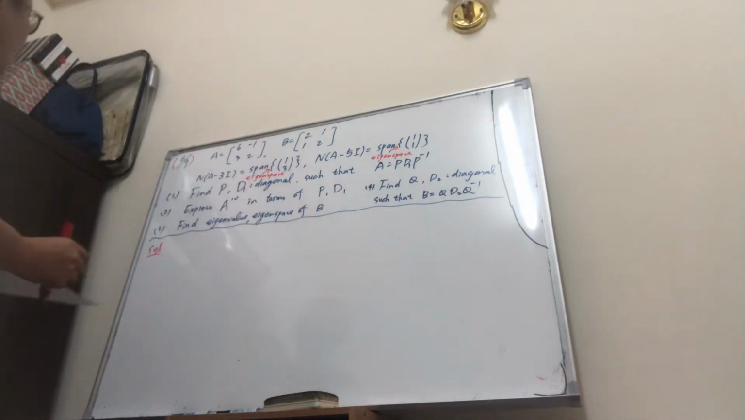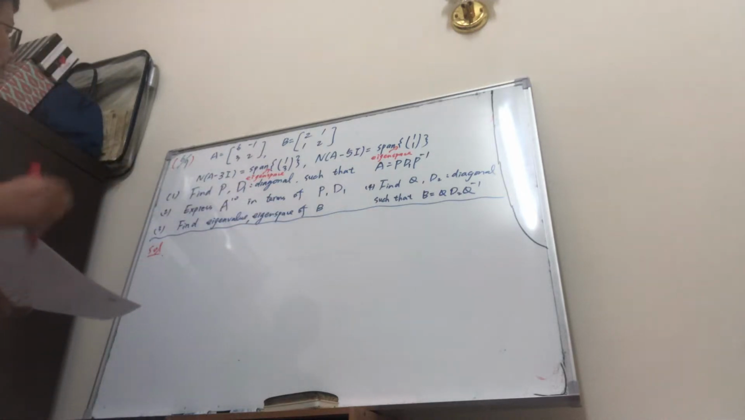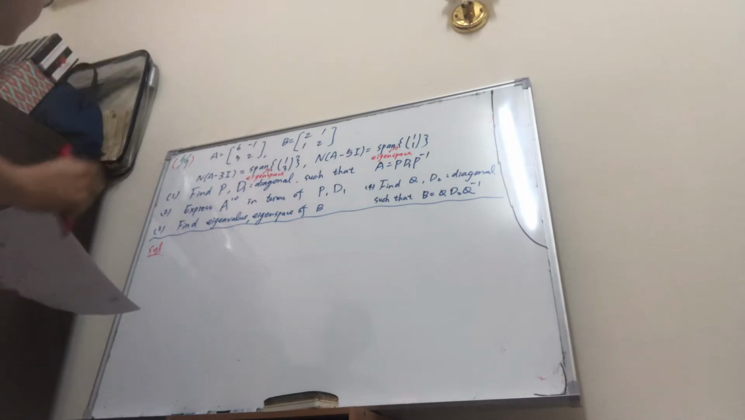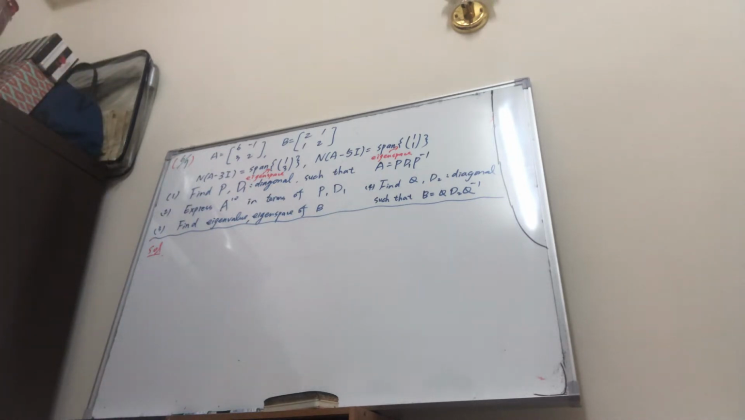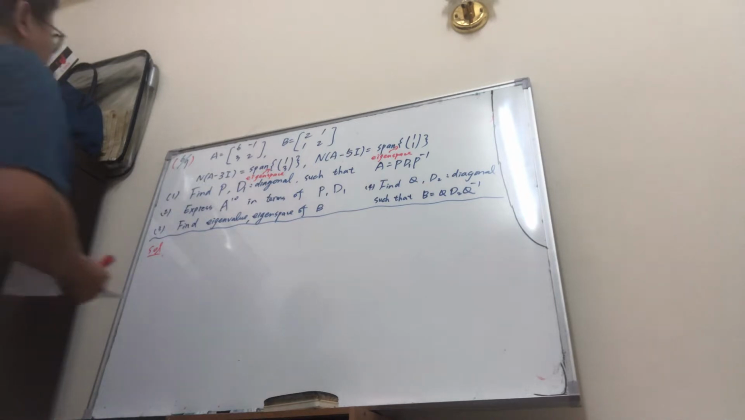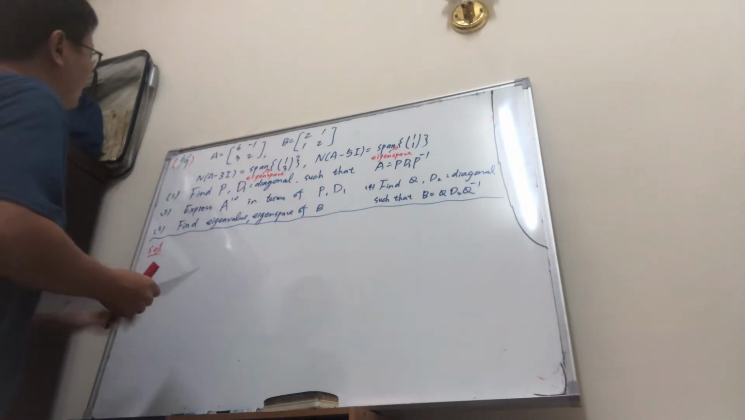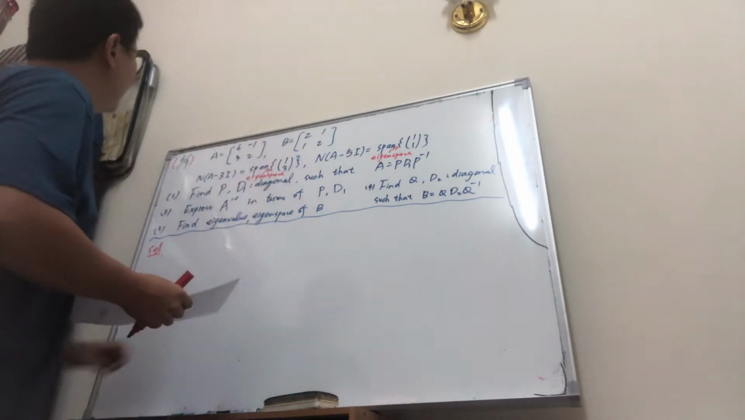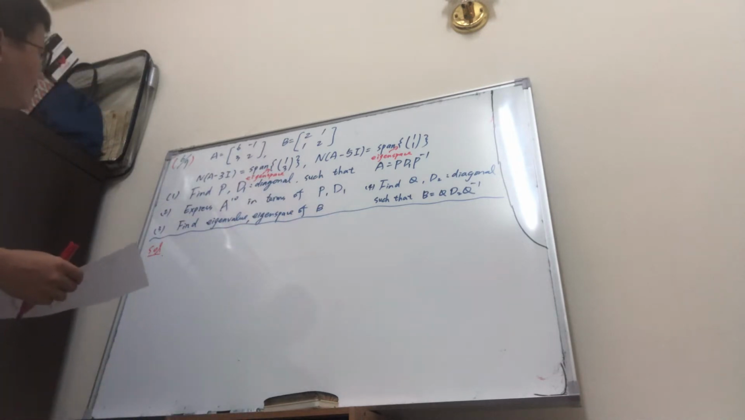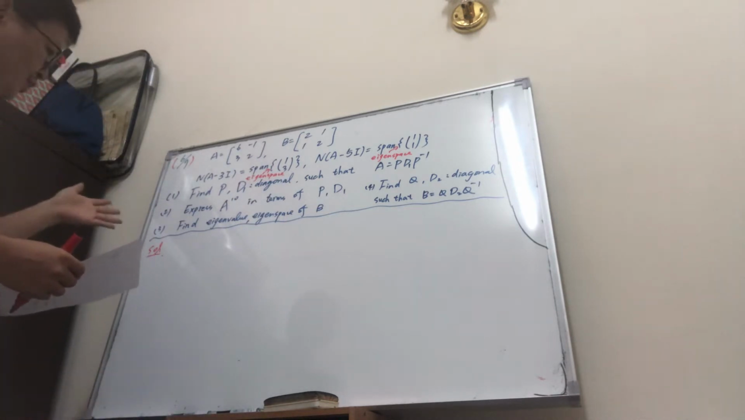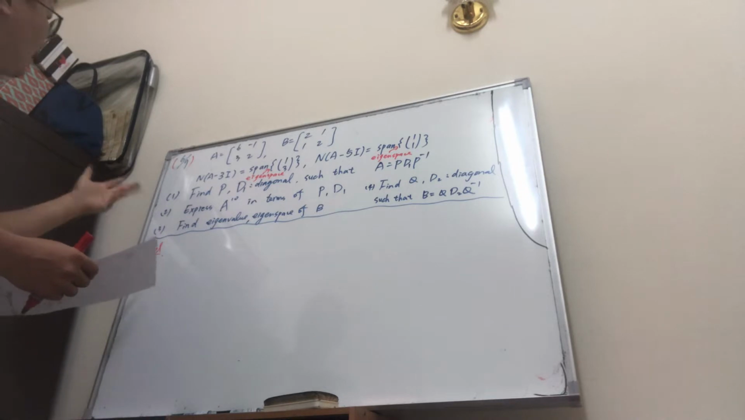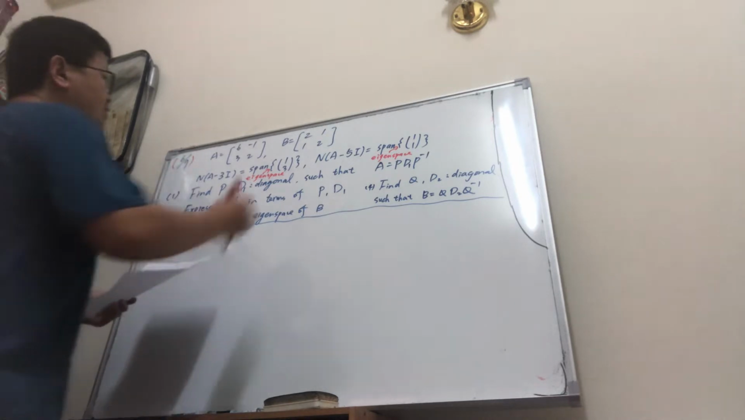Okay, so now let's see the attendance problem in algebra. It's the first one. We have two matrices A and B, and in our previous question we know its eigenvalue, and we just